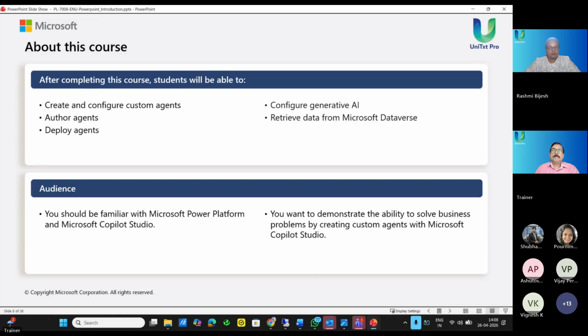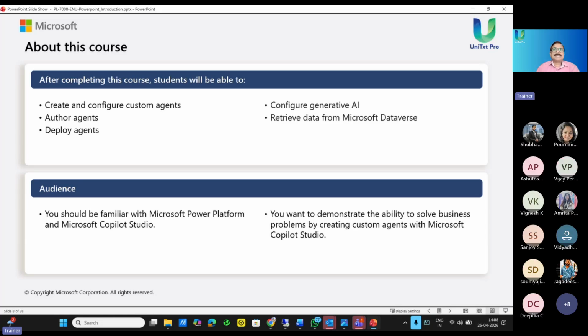If you talk about classic chatbots or classic agents, when you're dealing with standalone applications, you do not have the generative AI capability, whereas in Copilot Studio, there is another concept of using the general knowledge of your Copilot agent so that it is easier to configure, easier to set up and retrieve the data from a centralized database called Microsoft Dataverse. So that is basically the overall course in a very brief way, but there are a lot of topics to be